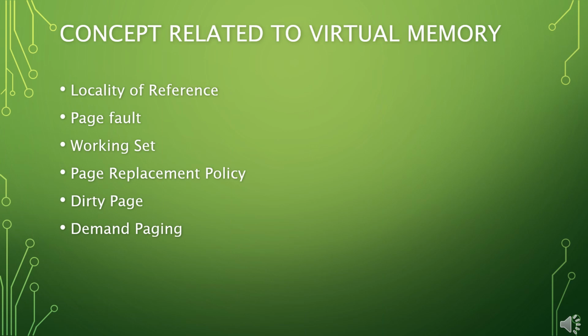As we have understood, at a time the entire process cannot be loaded into the main memory due to restrictions or the low storage capacity of the main memory. That's why we have virtual memory, which is attached to your RAM, and it gives the picture that the program is loaded from the disk into the main memory, but actually the program is residing in your virtual memory. There are some concepts related to virtual memory, and how the switching of a particular process part takes place from virtual to main memory.